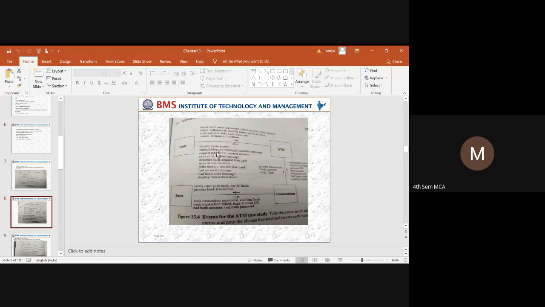So the ATM is going to display the screen. It is going to identify an unreadable card, whether the messages are cancelled. It will request the password from the user. It will request the amount, eject the card, show failure messages, dispense the cash, request for taking the cash, print the receipt, request for continuation of the transaction.